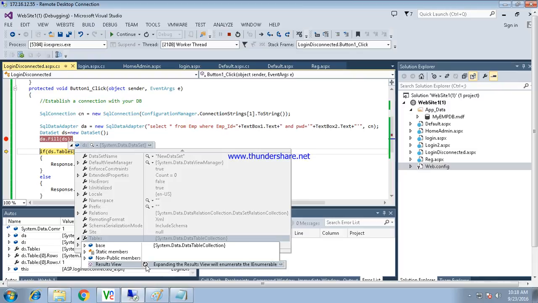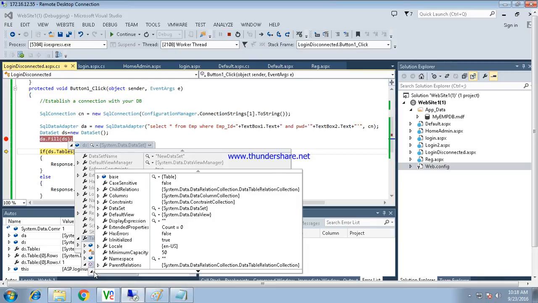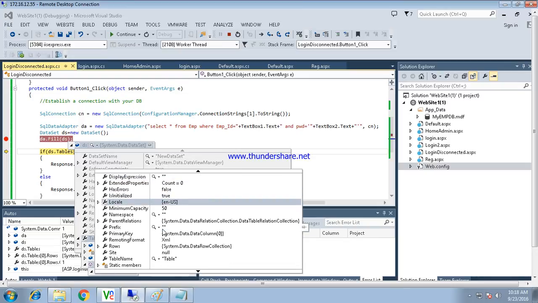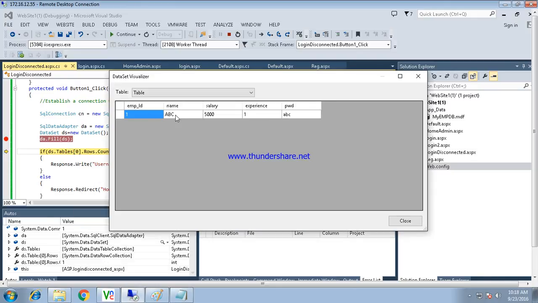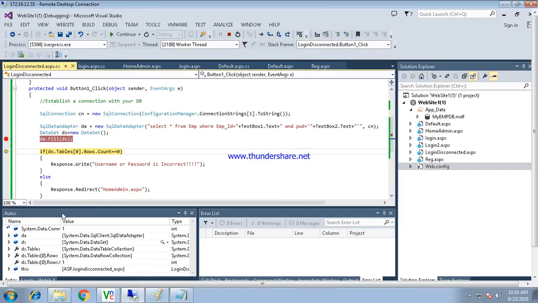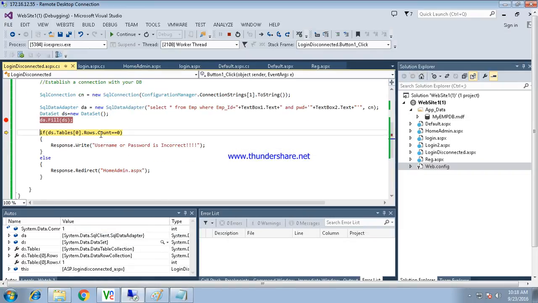If you see the result at the 0 part, you are able to get the count of a table. This is the count. ds.Tables[0].Rows.Count is 1, because we have 1 record available in our data set.